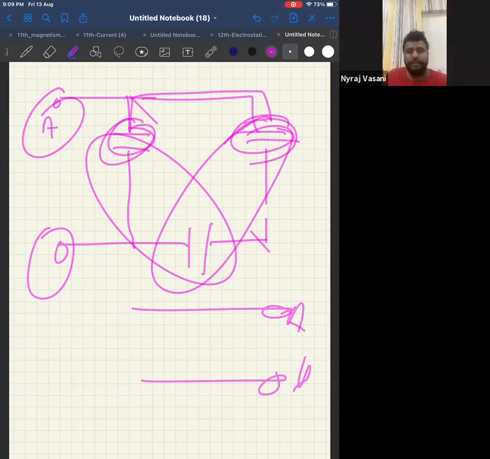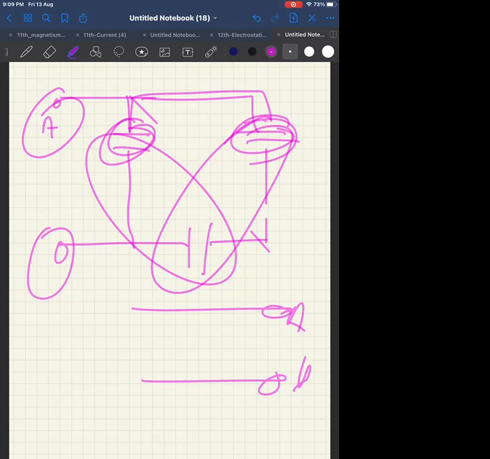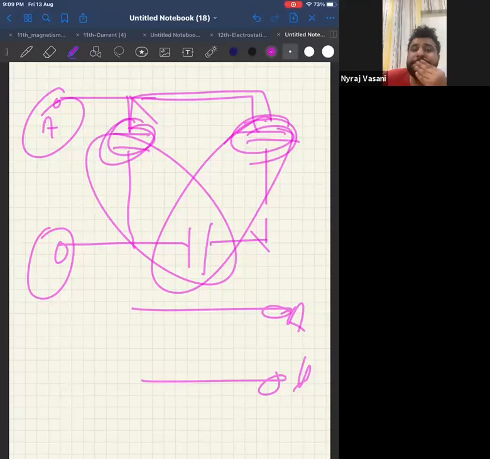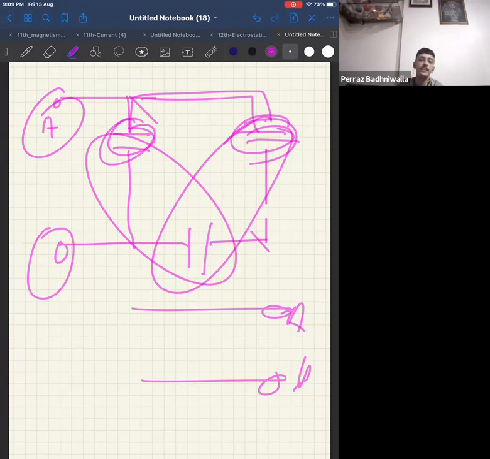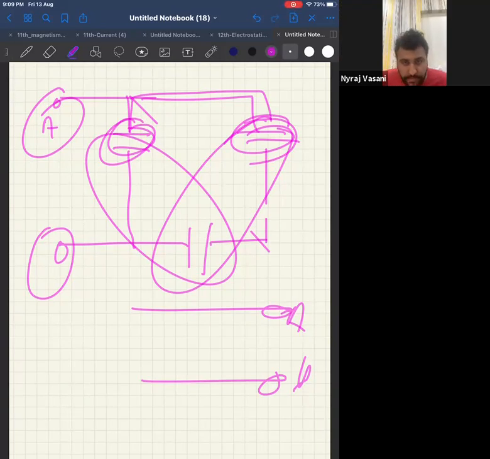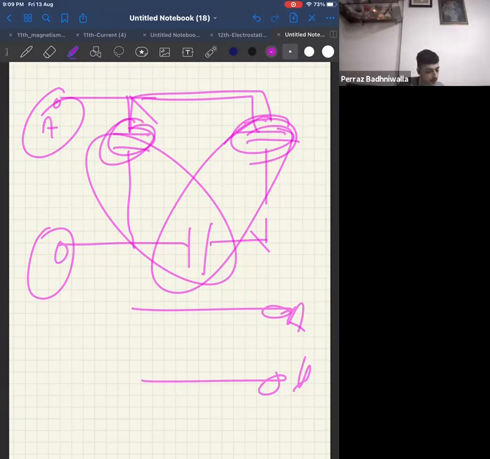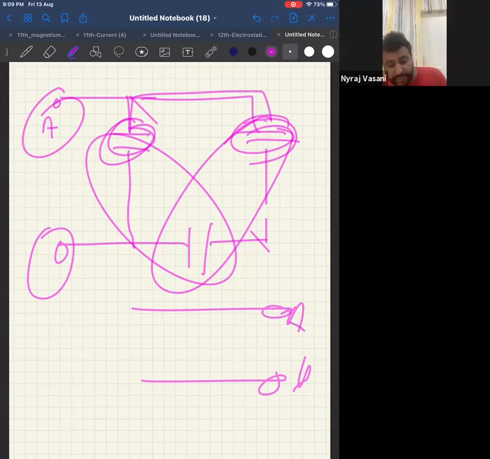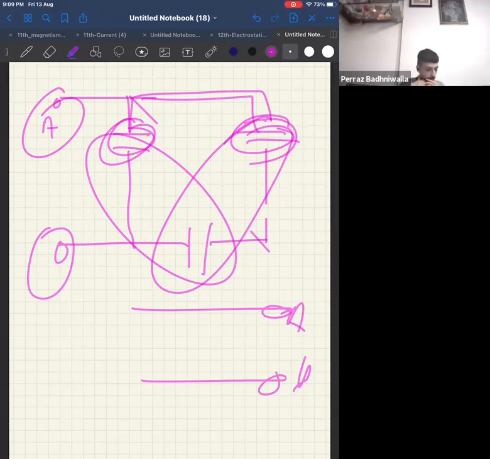Any other doubt, Chitra? No, sir. Okay. Now let me take some other doubts. Peras and Rahul. So Peras, can you unmute and ask? Yes, sir. Sir, CA2, question 16. Which page? Page 28, question 16.